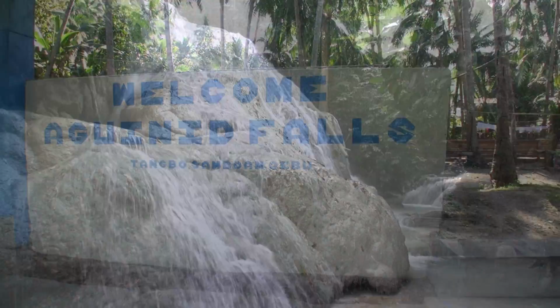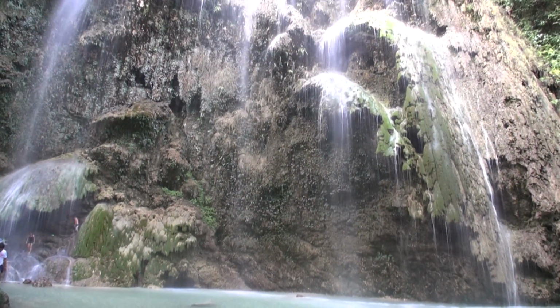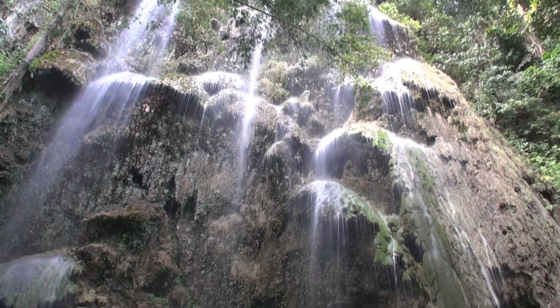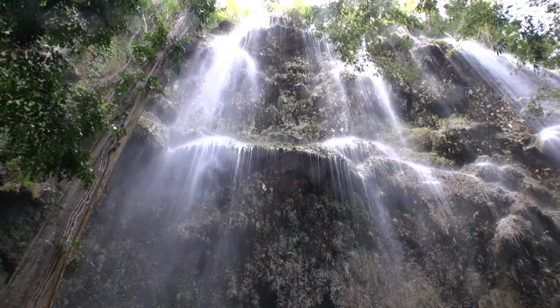Sinulog Falls. Sinulog Falls is one of the prettiest falls in Cebu. It just looks magical with the sprays of water cascading over the rocks, and has become a popular spot near Oslob. Tourists come to this waterfall after swimming with the whale sharks in Oslob,